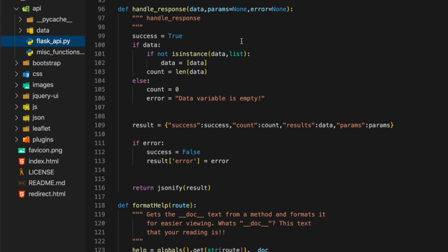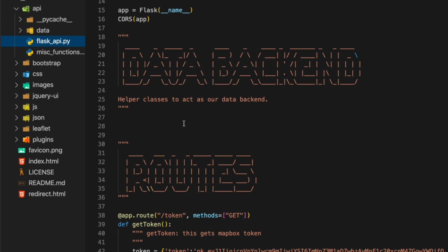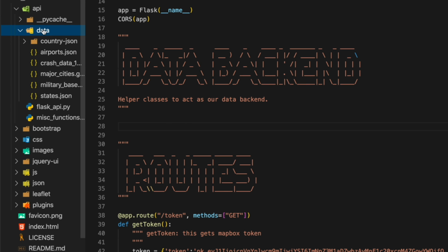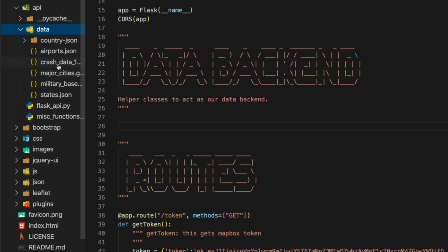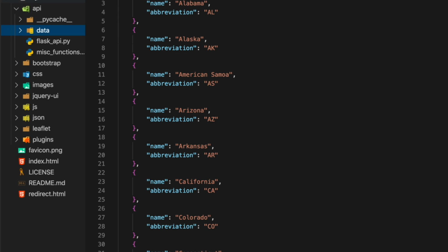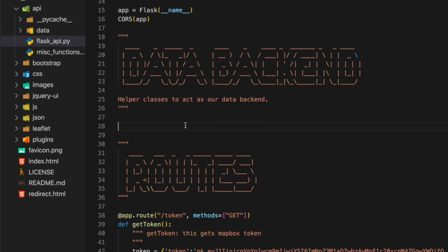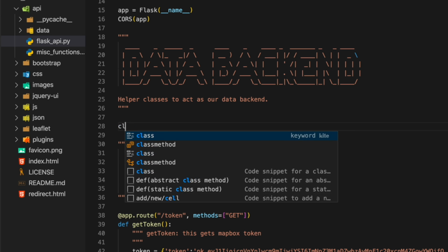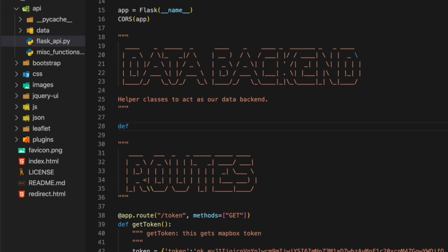I don't know if I want to write classes for everything, but I have in my data folder, I know I'm going to need the states, just the names for a drop-down that I'm going to do in one of my examples. So let's write a method to get us those states. Well, not, I don't know, let's write a class. Why not? No, I'll just write a method. Actually, I'm going to go with some global stuff. So states is equal to